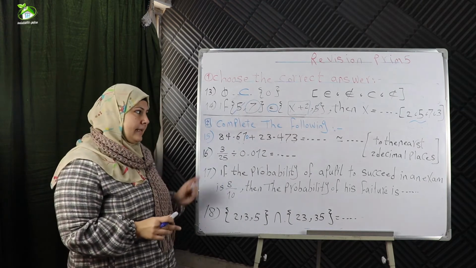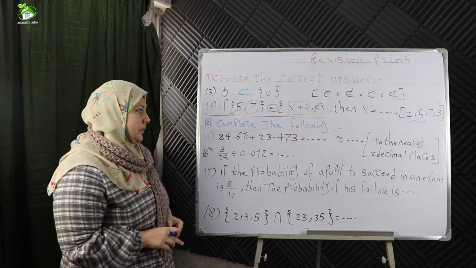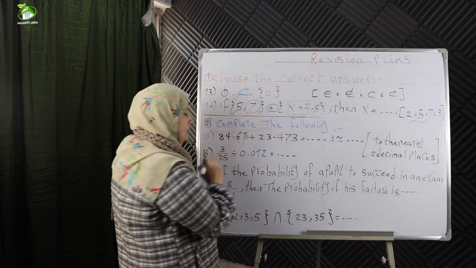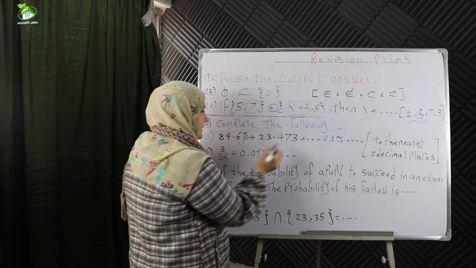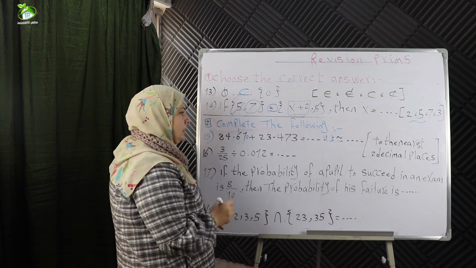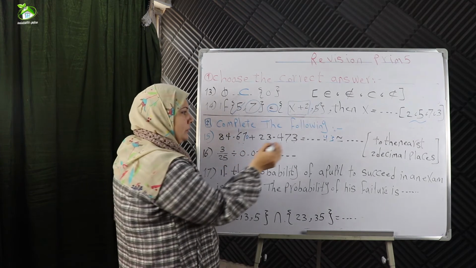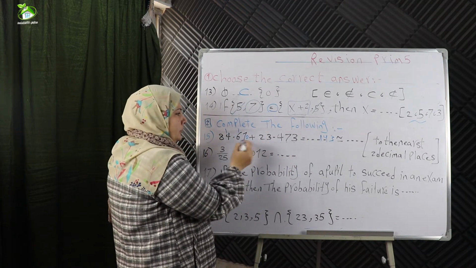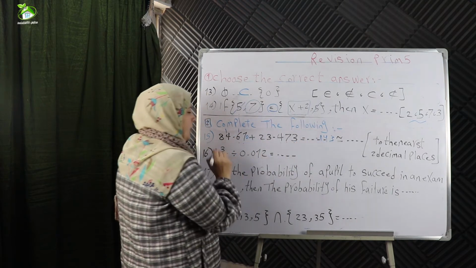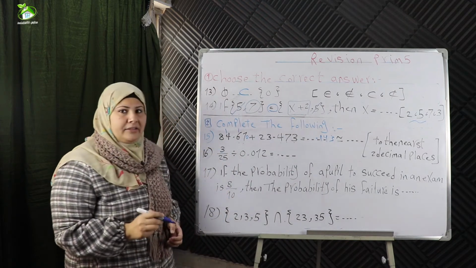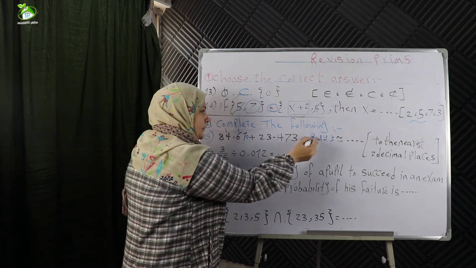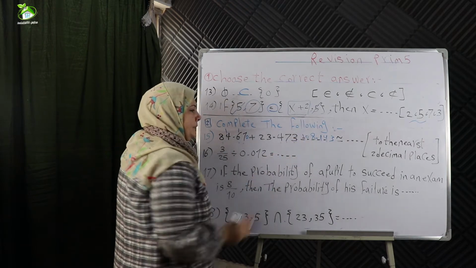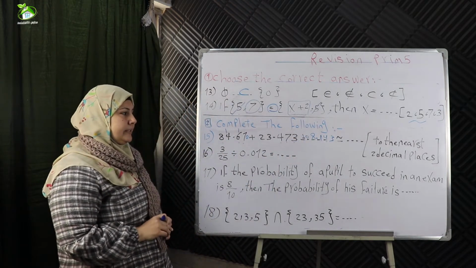Now we can add these two decimal numbers. 3 plus 0 equals 3. 7 plus 7 equals 14. Put 4 and carry 1. 1 plus 6 equals 7 plus 4 equals 11. Put 1 and carry 1. Don't forget the decimal point. 1 plus 4 equals 5. 5 plus 3 equals 8. 8 plus 2 equals 10. The result will be